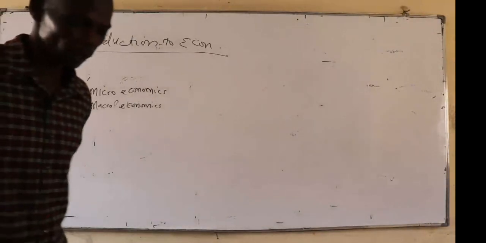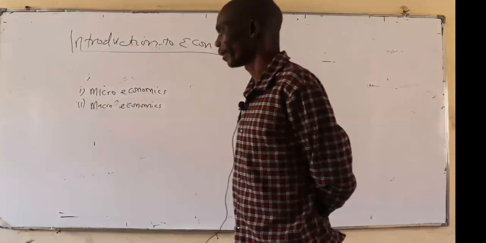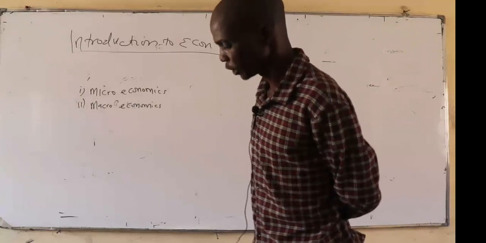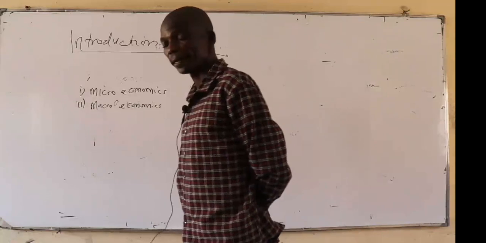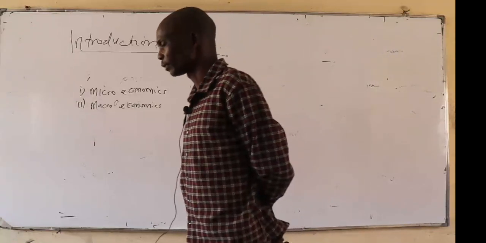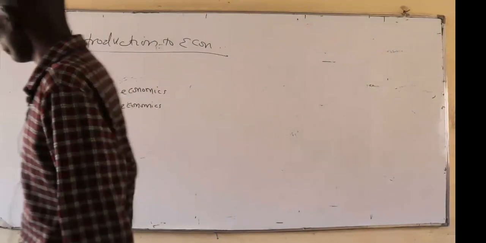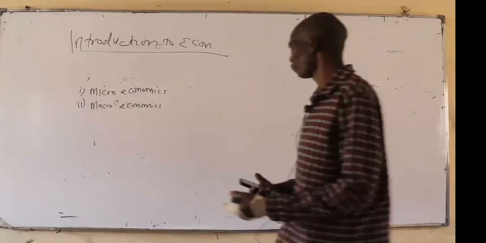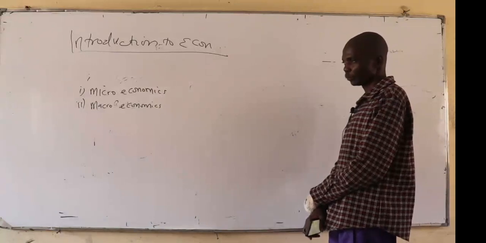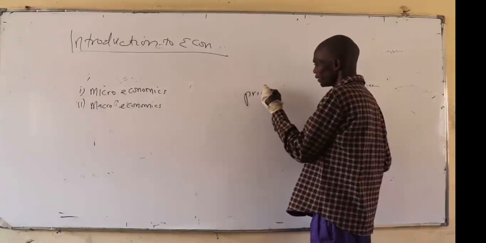Now, free market economic system is basically where the government does not participate in the economy. So purely the question of resource allocation is left to what we call the price mechanism that operates through the market forces of supply and demand. So in a free market economic system, the government does not operate, and what is to be produced is decided by what we call the price mechanism.